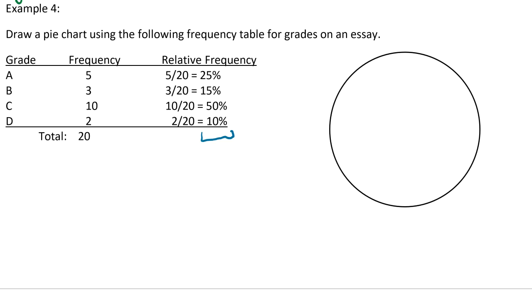All right? So first off, I'm going to go ahead and just make a dot in about the center of our circle, just so we have that for reference. And we're going to start cutting this graph up. I'm going to take the biggest percentage first, just because it's the easiest to work with. All right, so 50% here for C